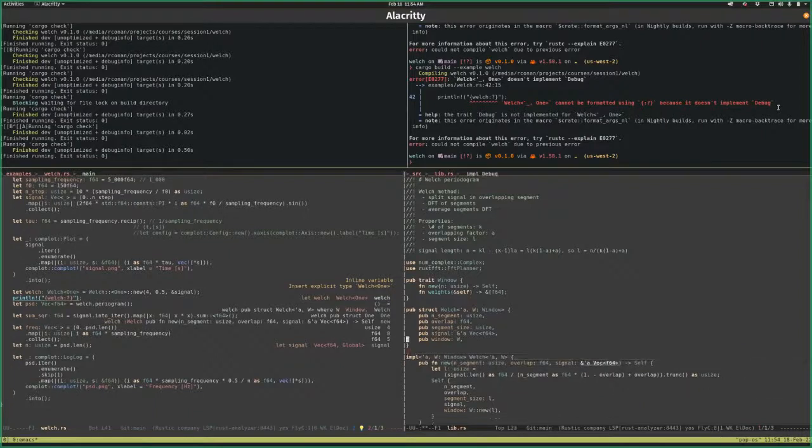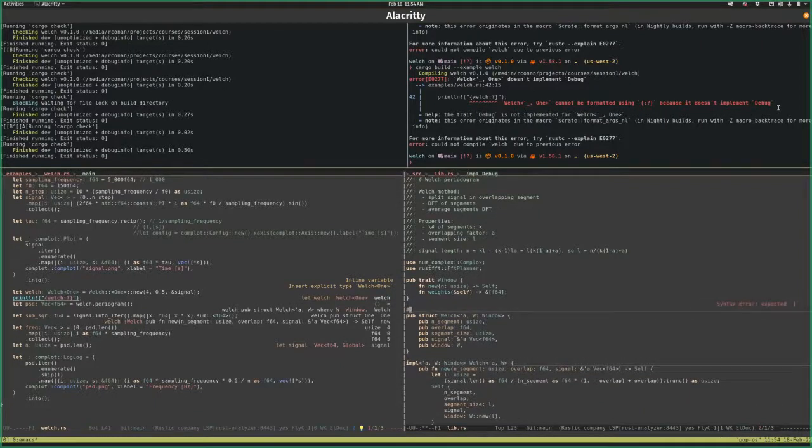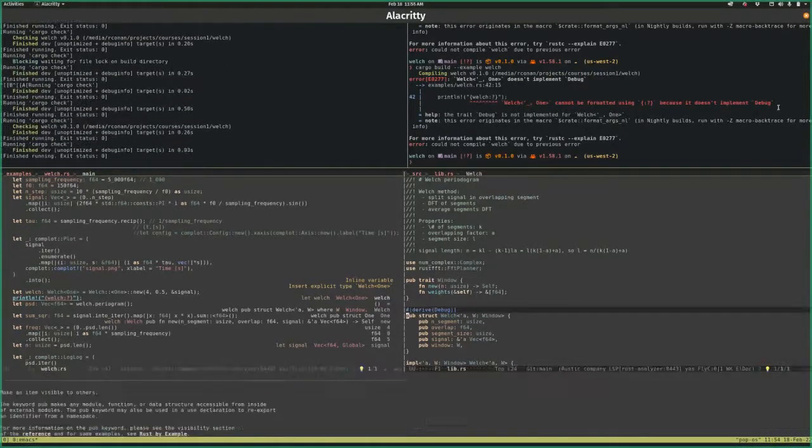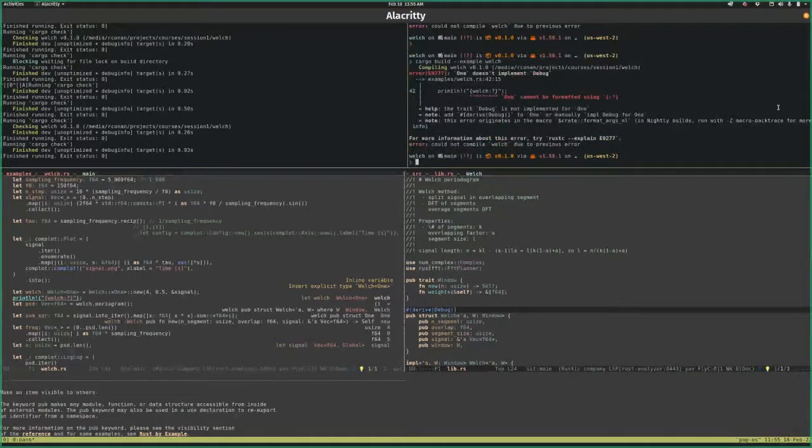But Rust comes with defaults, and you can ask it to apply the default trait to your structure by doing that. Derive the Debug trait for me. So this little attribute that we add to Welsh, in Python we would call that a decorator, is going to implement Debug for Welsh for me instead of having me write it like that. So now if I try to print it, yes,